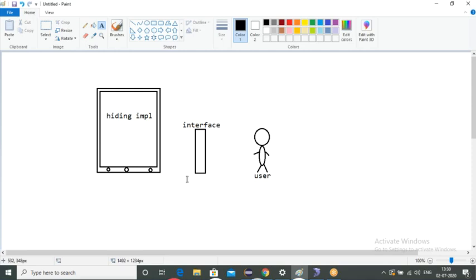Guys, now one light is there. Understand, one light is there. Are you able to see the implementation of the light? No. But are you able to use the light? Yes. How? You will go and remove the bulb, or you will do something else inside the bulb? No. What will you do? Which interface will you use? Switch, right? By making use of the switch, you can turn it on, turn it off, right? What is the interface for a light? That is the switch.